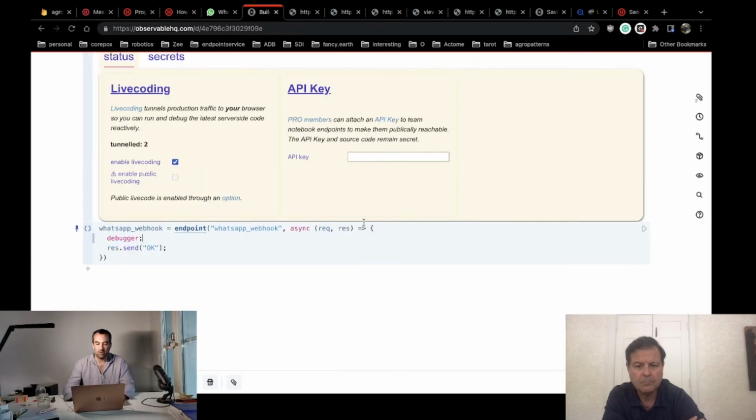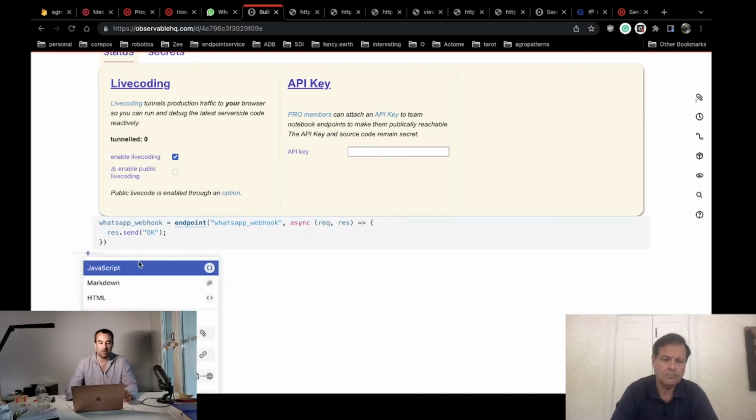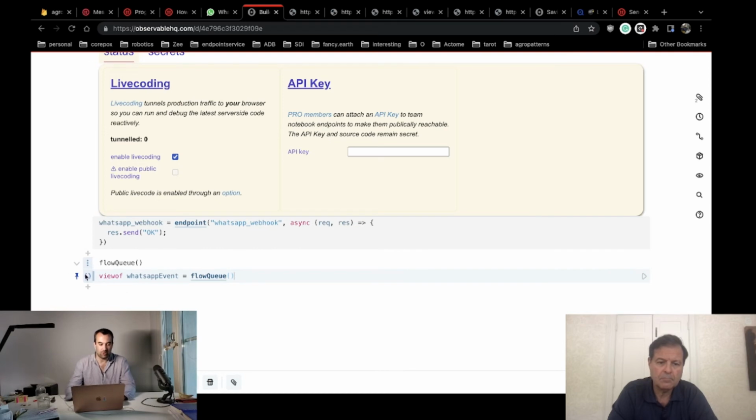So what I'll do is the same as we did with Blues Wireless. This is too complicated to follow in the debugger. I had a message come in. This is too complicated for the debugger, so let's unroll. Instead of trying to do everything in this one cell, which is going to get crowded, we're going to create a view of WhatsApp event, and we're going to use the flow queue construction to convert this callback based API into a number